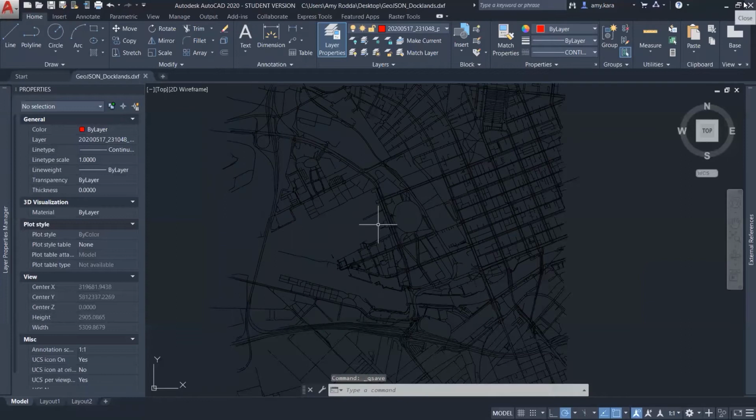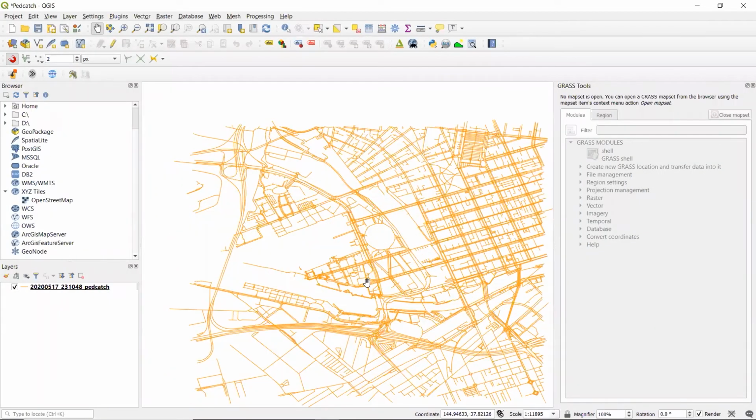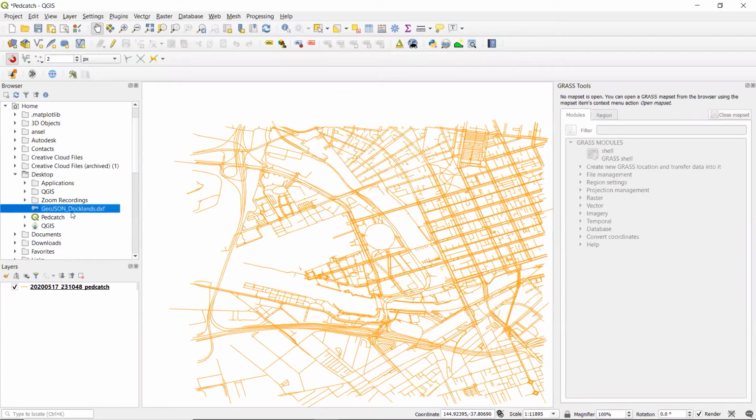And then exit AutoCAD. As usual, AutoCAD will ask you whether you want to save this file as a DWG. However, as we are wanting it to be imported back into QGIS, we want to not save it as a DWG because we've already saved it as a DXF. And then back in QGIS, we're going to navigate and find our exported DXF file. And we are going to click and drag this into the layers section in order to open up this file